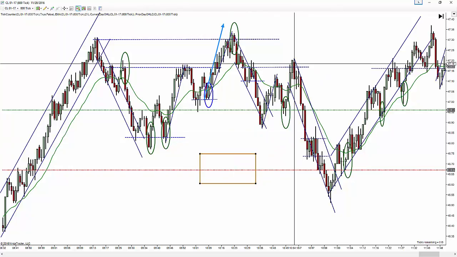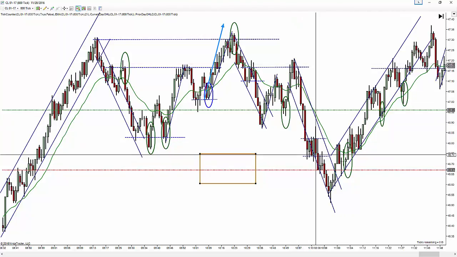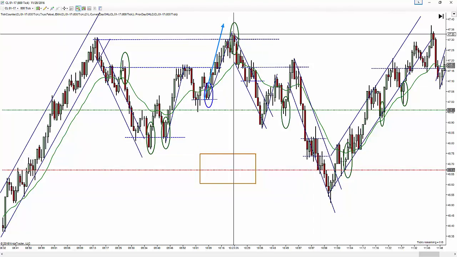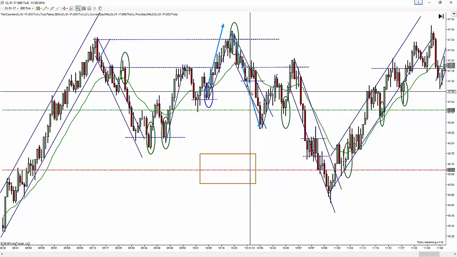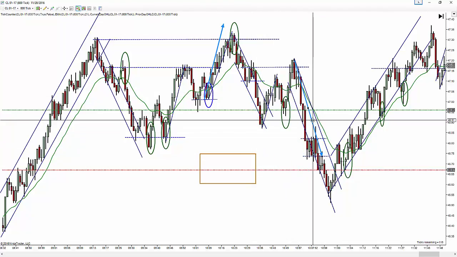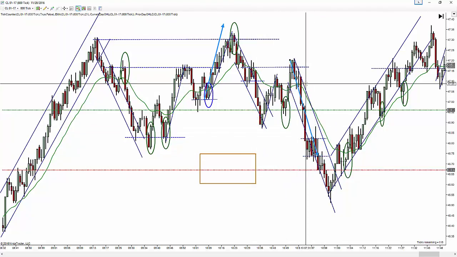But then from here, we have another breakdown. And price moves down and makes another move. So now you have to really consider this is the second leg of a measured move down here. Here's your first leg. First pullback, second pullback, and looking at maybe taking a trade here.